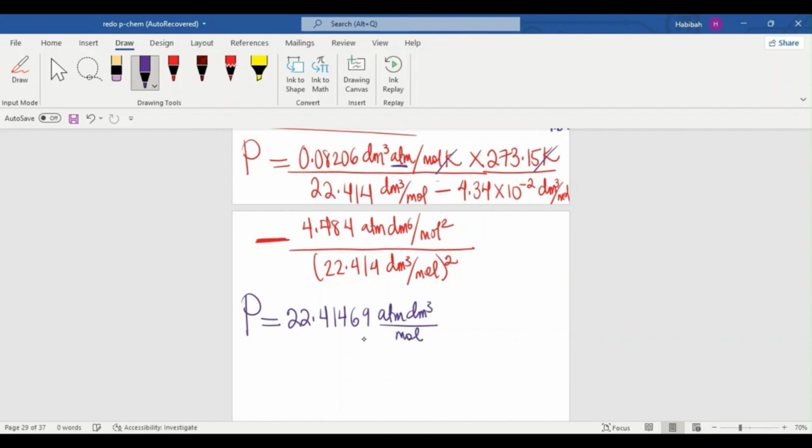Then you have the denominator: 22.414 minus 4.34 times 10 to the power of negative 2, which is just 22.3706 dm cube per mole, minus 4.484 atmosphere dm6 per mole squared divided by 22.414 dm cube per mole all squared, which is simply